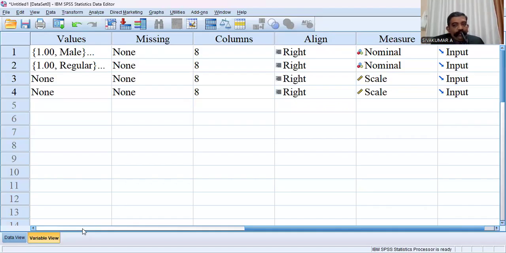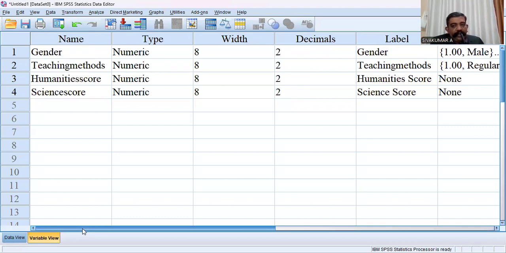As far as two-way MANOVA is concerned, first you have to insert the variables, then the data, then analyze and interpret. Certainly, you have to write the null hypothesis and the alternative hypothesis.